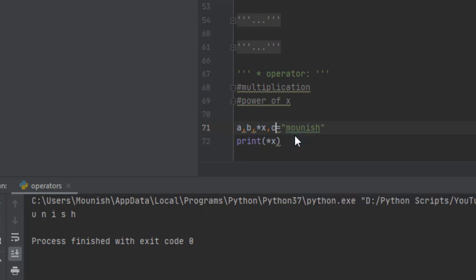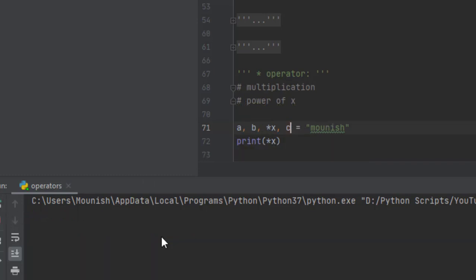Now what happens? Will it take only UNIS? Does the computer understand that much over a single star operator? Yes, this star operator is very much stupid. So it understands that star of x comma c means there is something else. How many variables? It calculates how many variables are there after the operator. If there are more than one, then it will check how many and it will assign so many values to those many variables, and the rest it will take for its own.